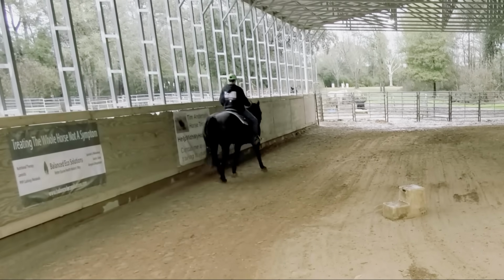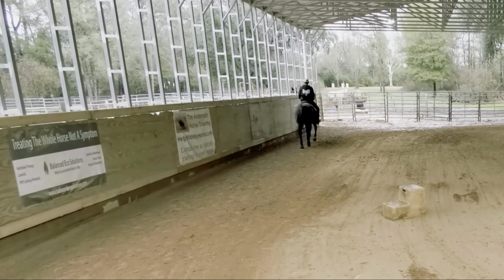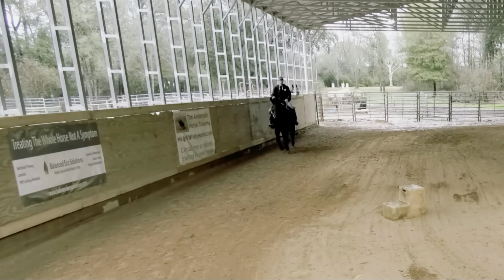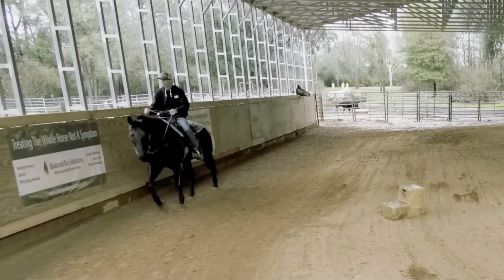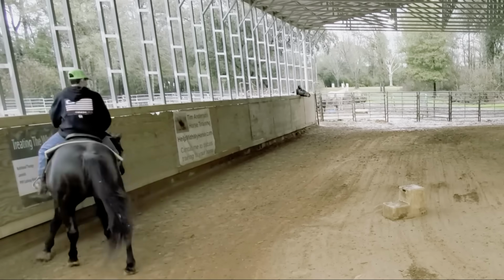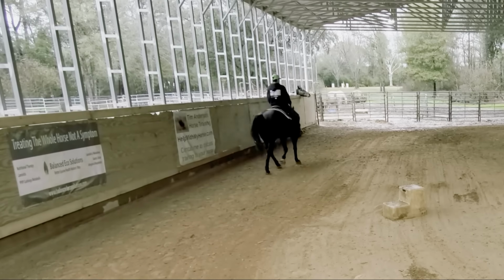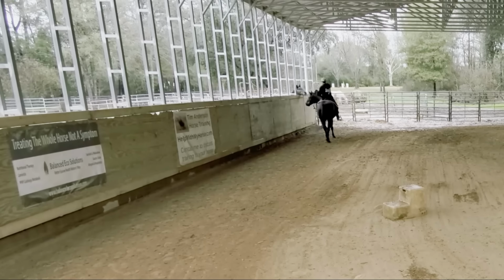These turns against the wall like this are really good for getting a horse to want to lock in on the rider and lock their mind in, listen to what they're doing. It takes away some of the distractions, which I've talked about. Distractions can be good, but in this situation right now, we want him to think about us a little bit. And once we've worked through some of these bad behaviors, then we'll work through asking him to listen to us